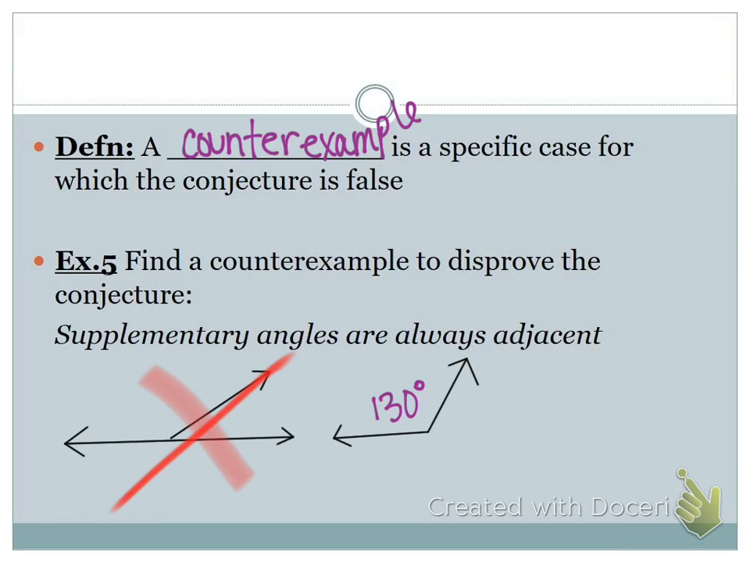This looks like an obtuse angle, so it's reasonable to say it would be bigger than 90. And that means the other angle I draw better be how much? 50. About 50. Okay, now again, you don't have to be an artist. It should look reasonable. But here we have supplementary angles that are not adjacent. They are next to each other, but geometrically adjacent means that they have to share a vertex and a side,